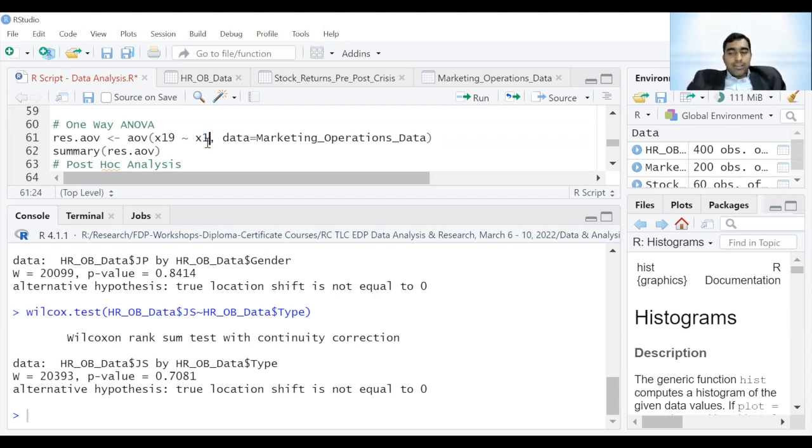X1 is a categorical variable, which is the type of customer: 3 types of customer, less than 1 year, 1 to 5 years, and more than 5 years. So all the customers are divided into 3 groups based on how long they have been associated with us. X19 is customer satisfaction on the scale of 0 to 100, and X1 is a categorical variable of customer type. So we write it like this: